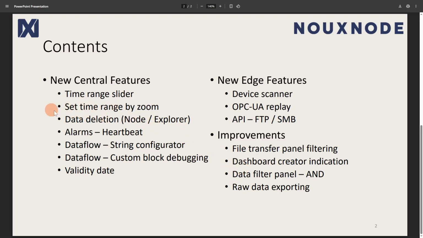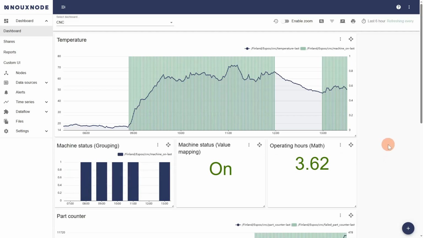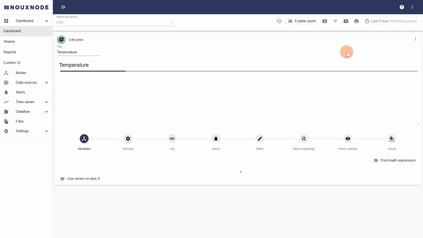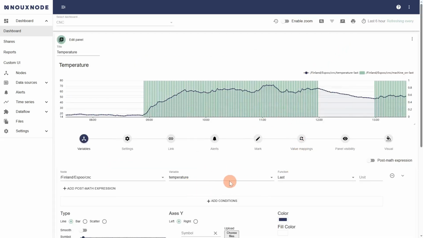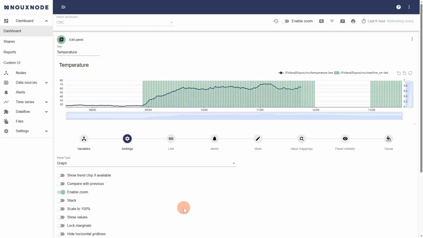And then some more graphic features. Setting time range by zoom. We have had this in certain panels already before. Let me actually delete this one here. It means that if we go to a certain graphical panel and then under settings we enable zoom, we get this kind of a view,